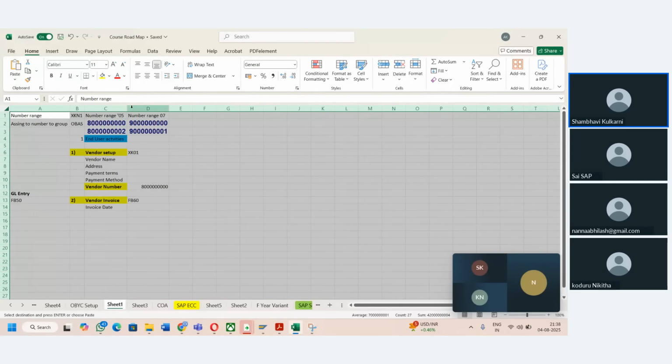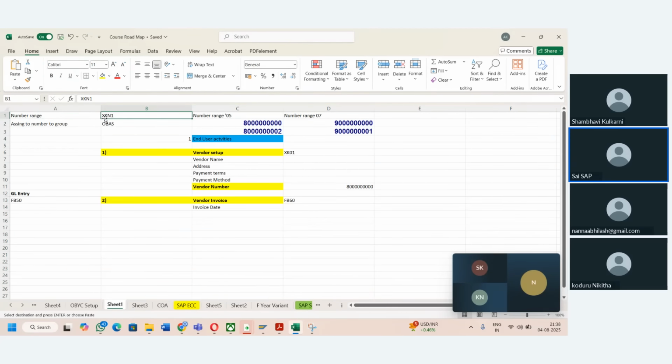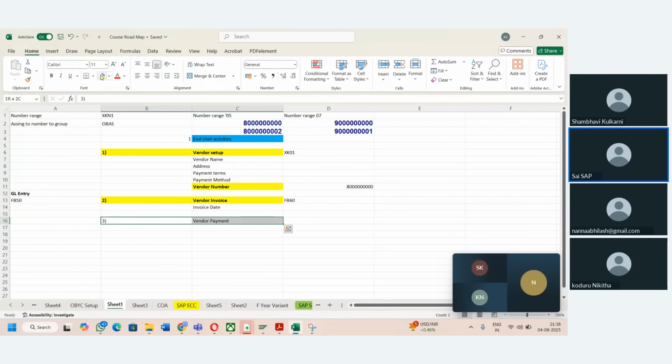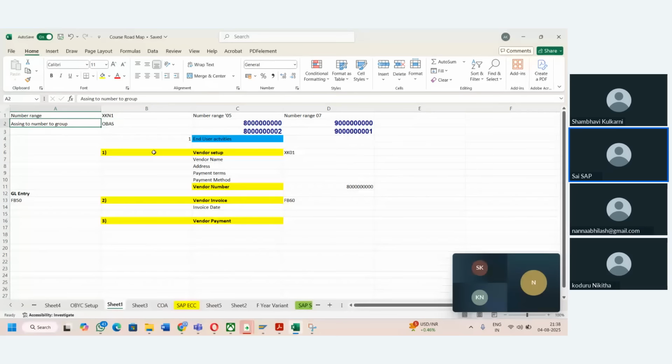Yes, sir. If you are able to recall, we did the vendor setup, I mean vendor configuration, right? On the vendor side, what are the tasks required in AP? Vendor setup, vendor number, vendor invoice and vendor payment, right? There is a logic behind it, that is the reason I'm asking again. These are the end user activities: vendor setup, vendor invoice, and vendor payment. To perform these end user activities, what are the configurations we did? Number range we created and assigned the number ranges to